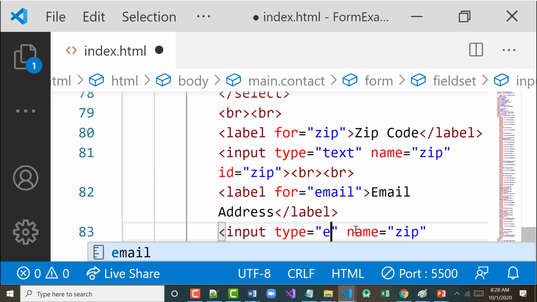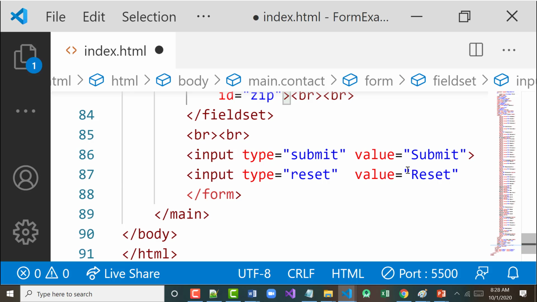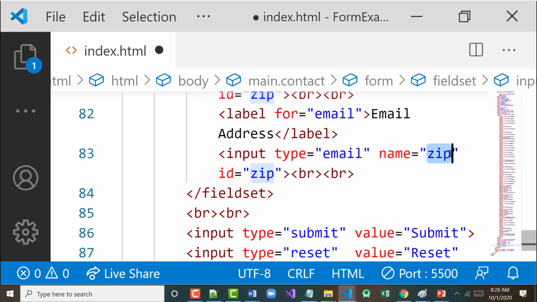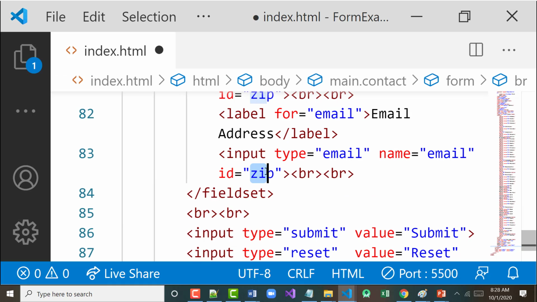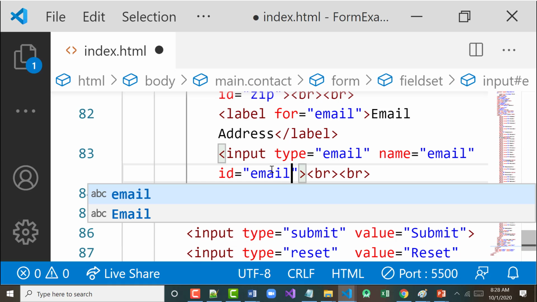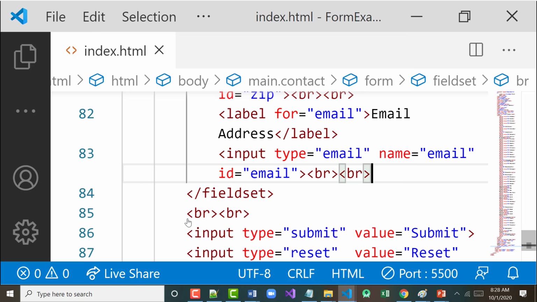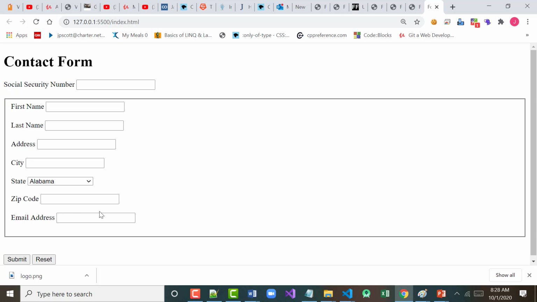Now I'm going to put for the type email. It looks a little weird because the type is email, the name is email, the ID is email. And when I go back in here, you've already figured this out. But if I put something in each one of these fields,